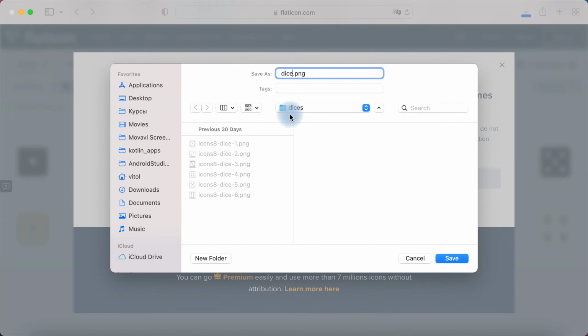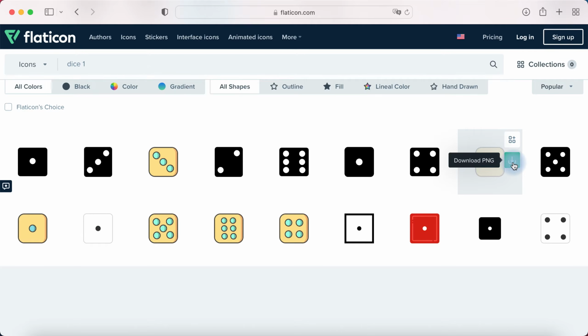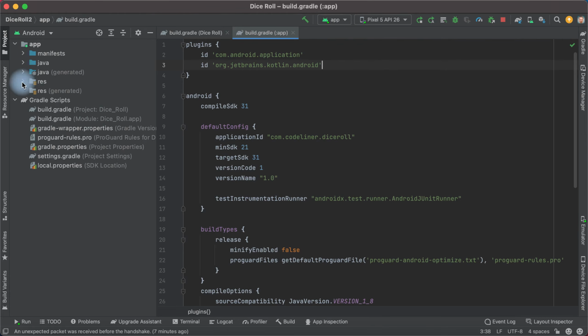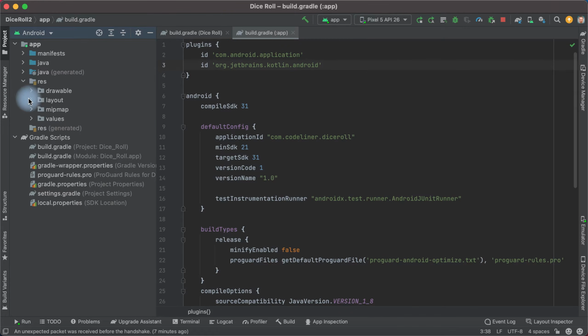In the folder dices, I will save dice 1 PNG. Save, and we need to save 6 images from 1 to 6. But if you can create your own images, it will be better. After we download all pictures, return to Android Studio, open our layout editor in activity